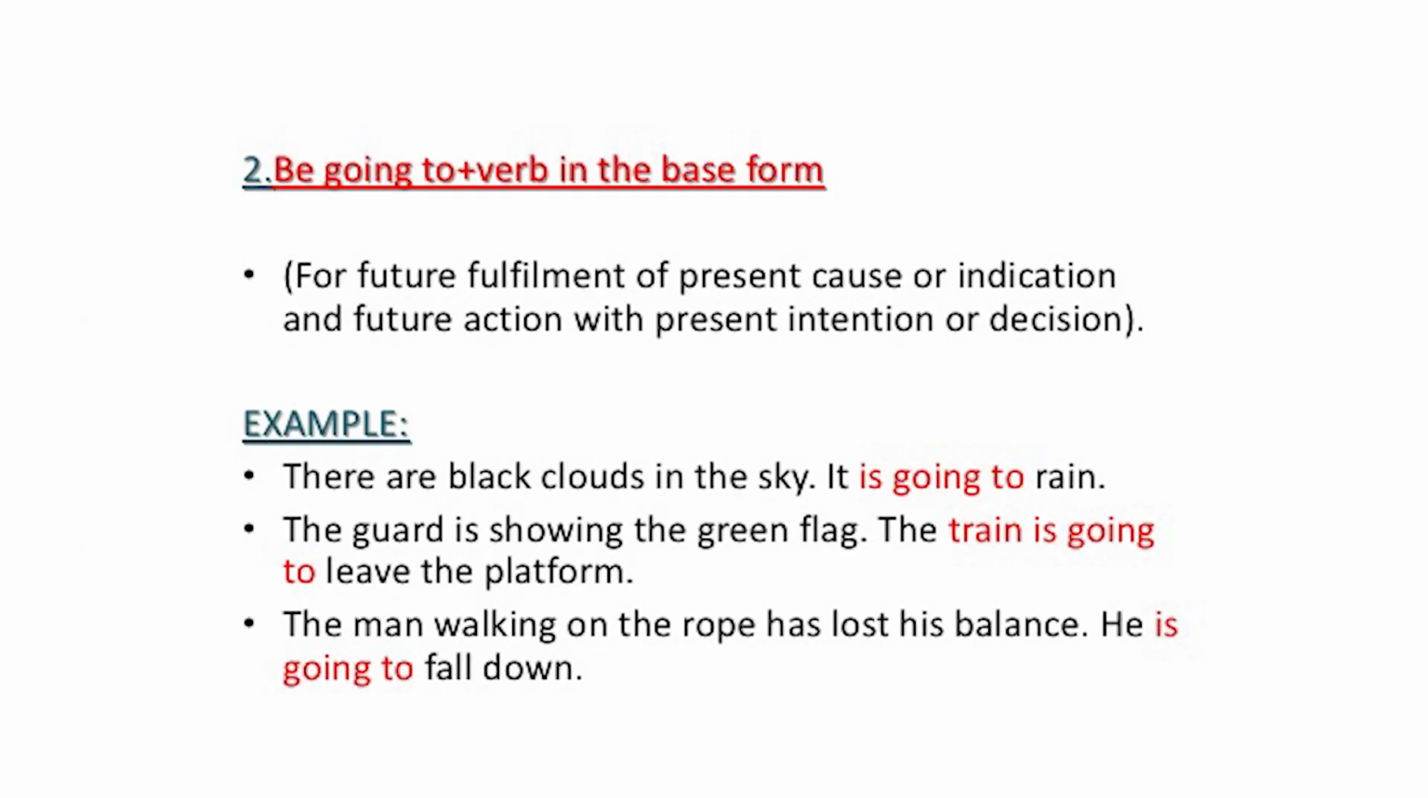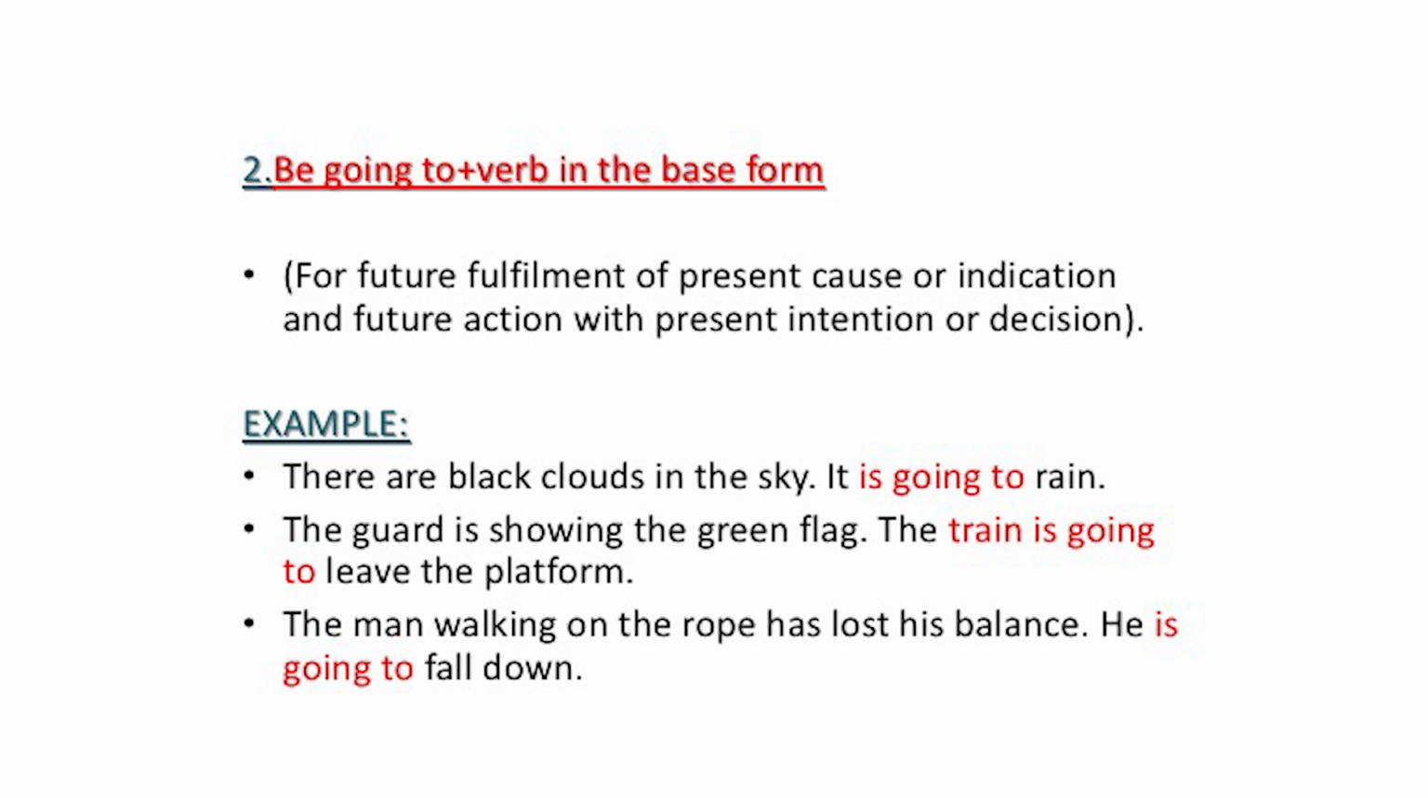Next, the next way of expressing the future is be going to plus verb in the base form. When there are some external indications for the future, when there is some future fulfillment of a present cause, we take the help of be going to plus verb in the base form. Take for example, there are black clouds in the sky. The sky is overcast with black clouds. Lightning and thunder are there. You can see the lightning, you can listen to